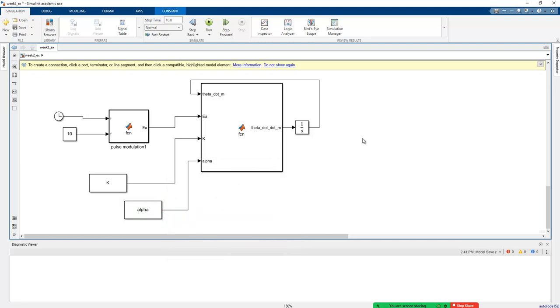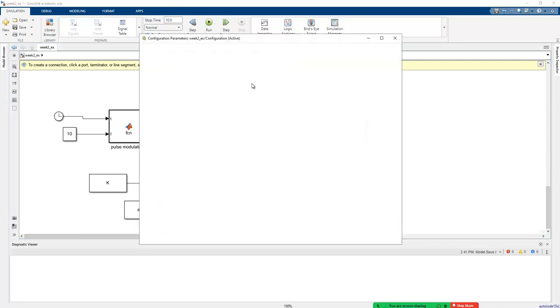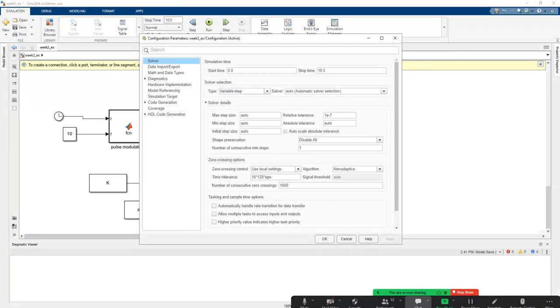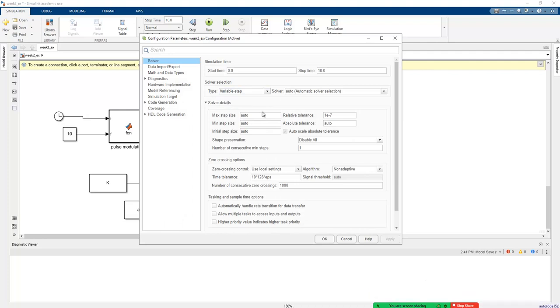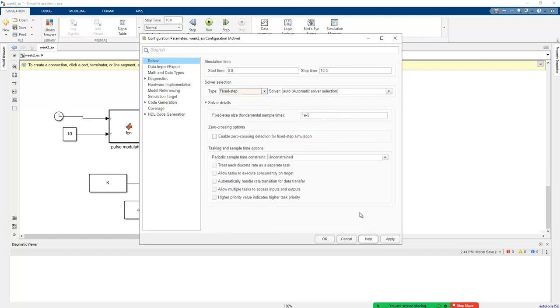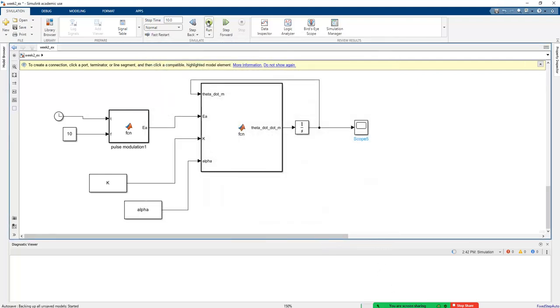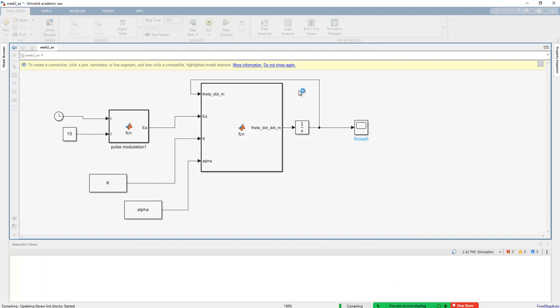Okay, and so we can easily analyze the scope value of this thing, right? And so after that we can push the model configuration parameters in here. Okay, the fixed steps. And so if I run this code and then